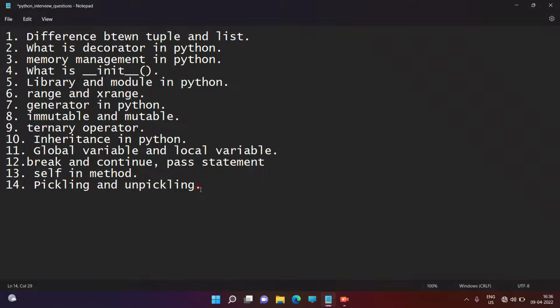Suppose there is a video of 1 GB. It is not possible to send and store this 1 GB data over a network and server, so we need to pickle and unpickle by using the pickle module, right guys?